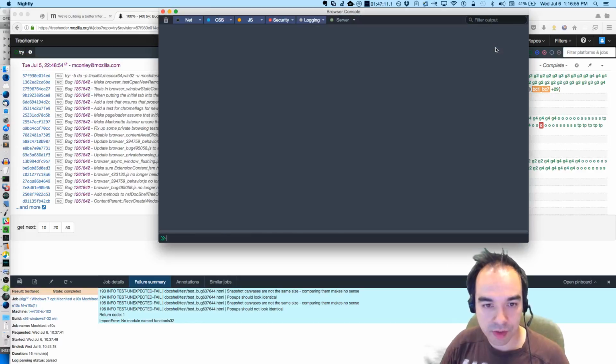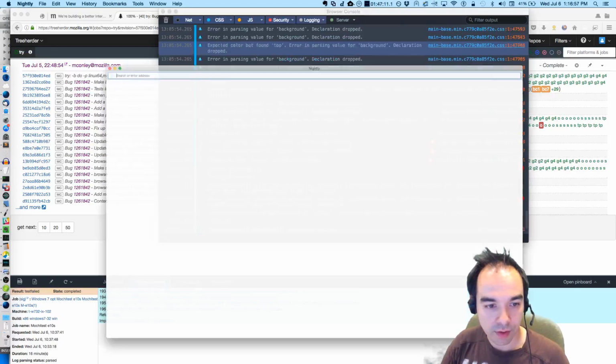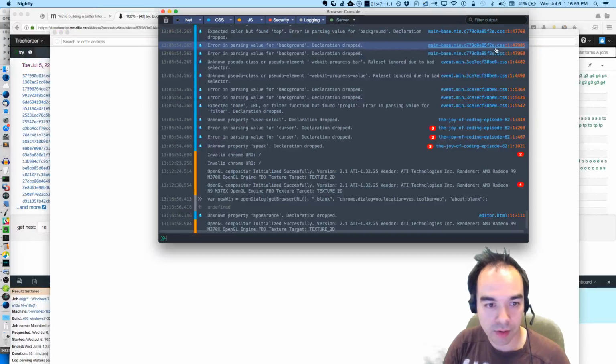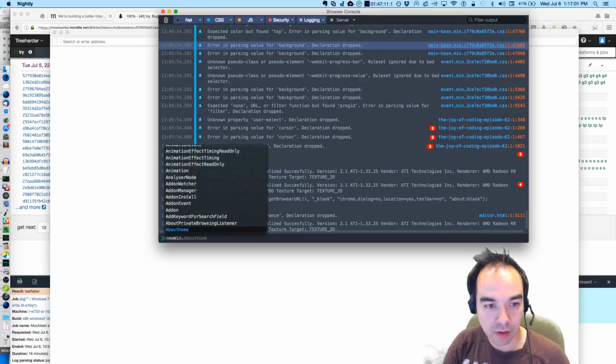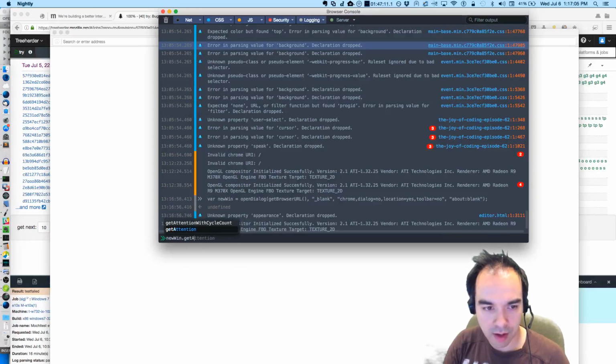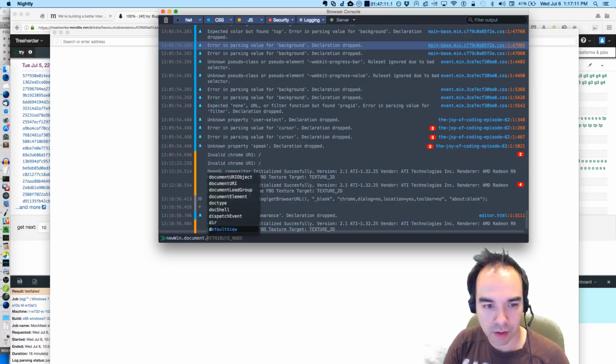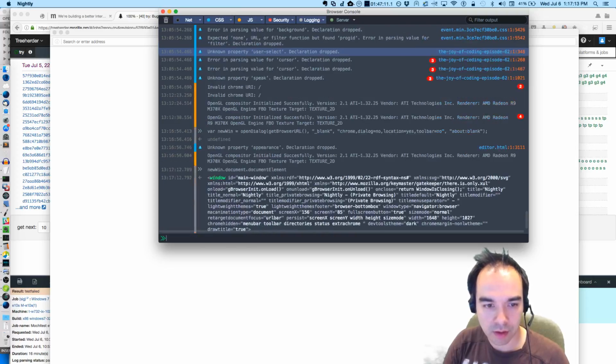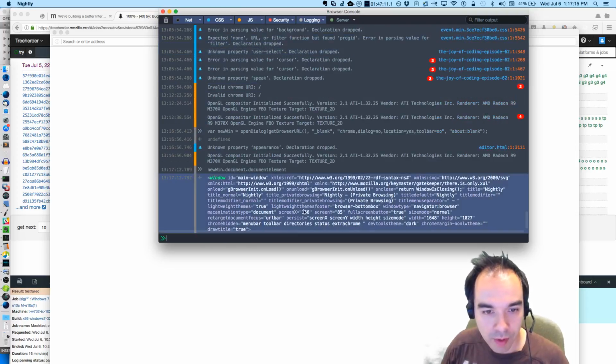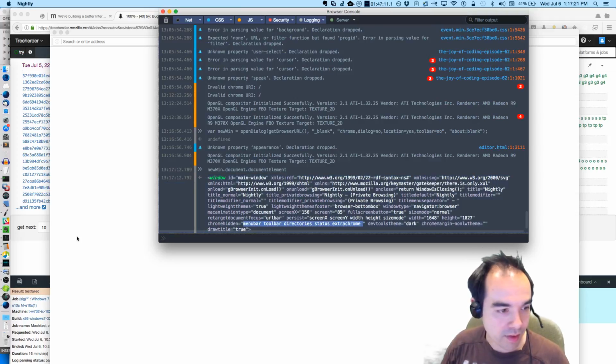Actually, I could do that just by doing this, and then in the browser, new window, get attribute, no, new window default. What do I want? Document element. Yeah, Chrome hidden is this. Menu bar, toolbar, that stuff.